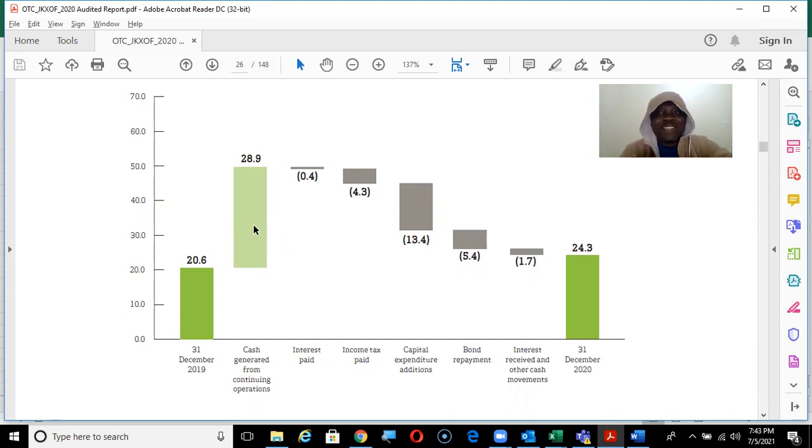Obviously you look at the revenues, less your expenses, you ignore the non-cash items such as depreciation. Here you're actually looking at cash. So you're actually saying that from your operating activities, you generated $28.9 million. So from this $28.9 million, you spent